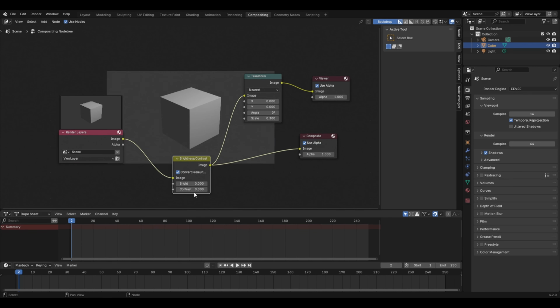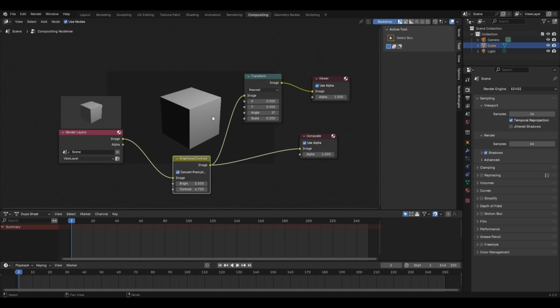Now the second option that you have is the contrast, and contrast basically means making the brighter pixels even brighter and the darker pixels even darker. So if I increase the contrast from here, you will notice that we now have two contrast colors in the image. One of them is complete white color and the other one is complete black color.